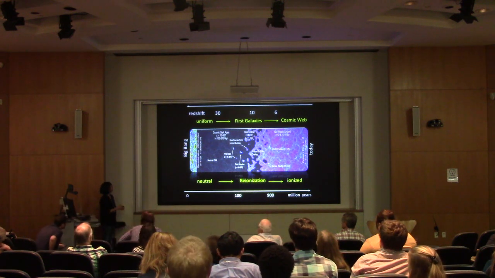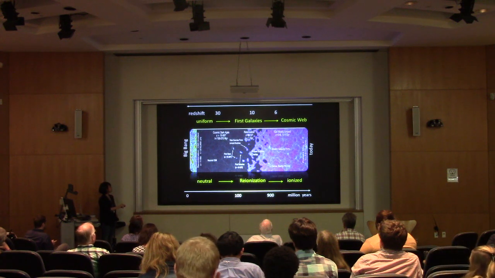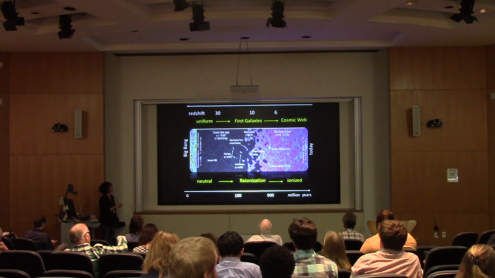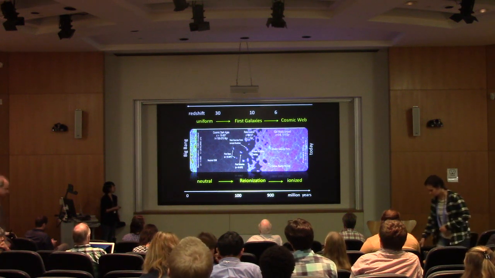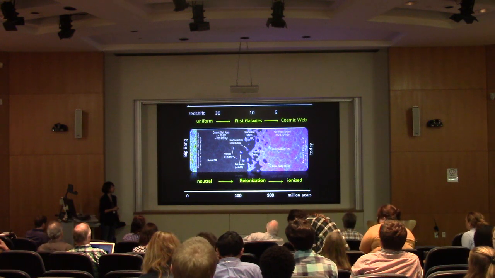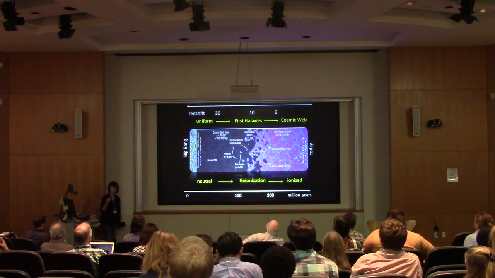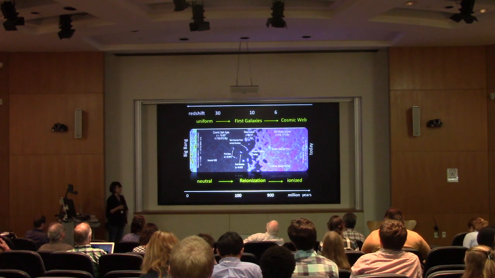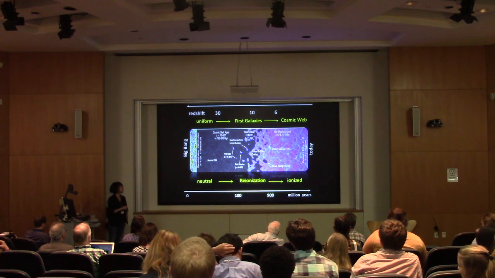This figure shows the cosmic history of the universe from the Big Bang to the present day universe. Right after the Big Bang, the universe was very quiet and dark. It seems like nothing is going on. However, the underlying structure is still growing, and then at some point the first generation of stars were formed in the mini halos. And when the first stars were formed, the universe changed dramatically